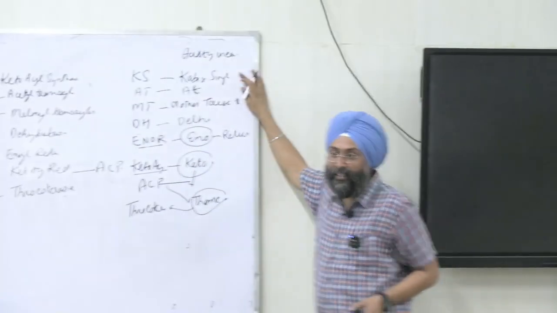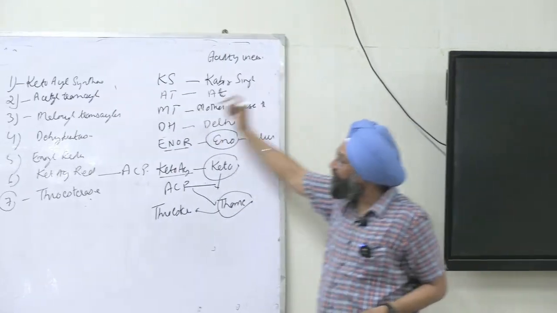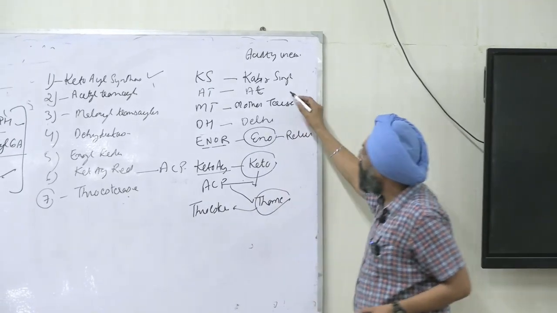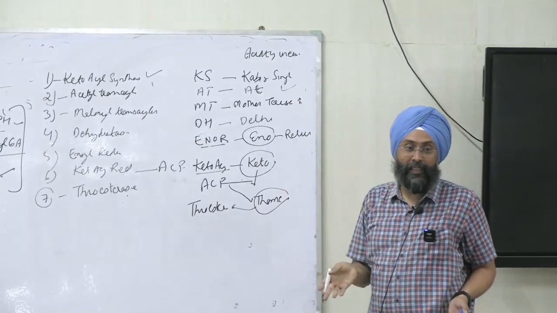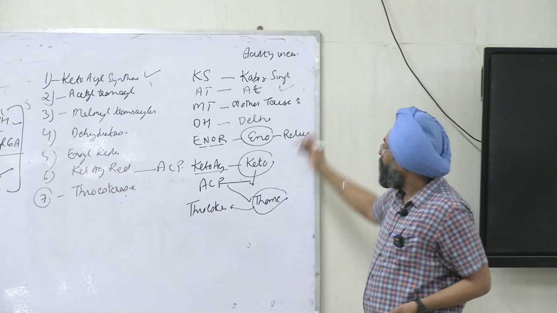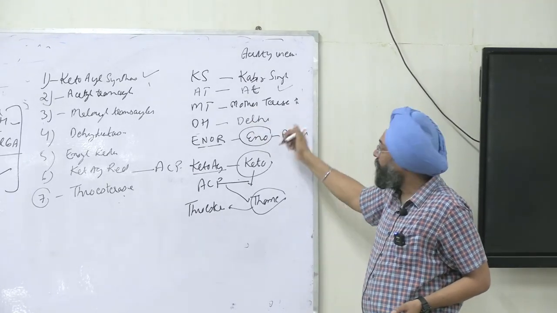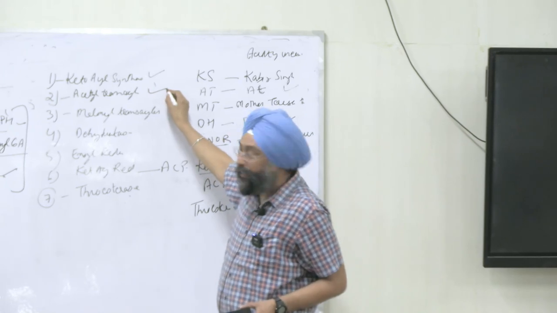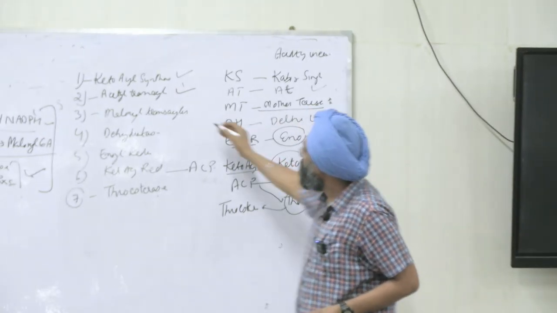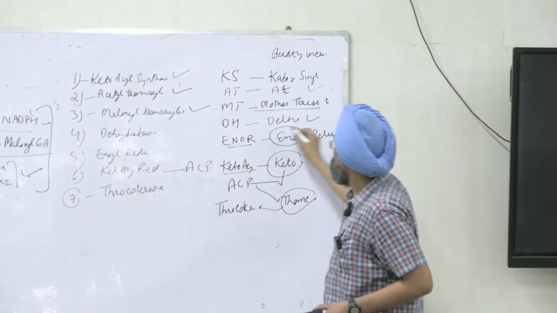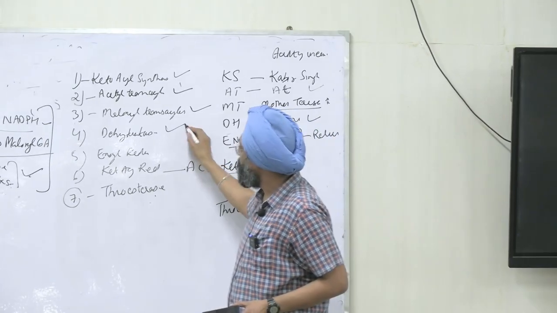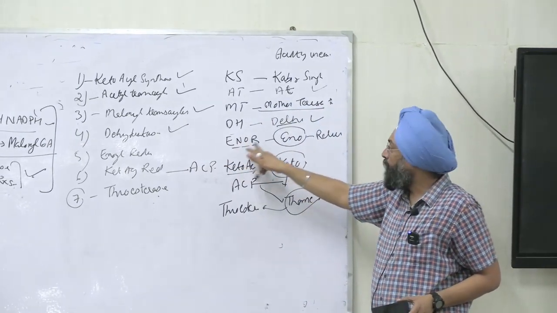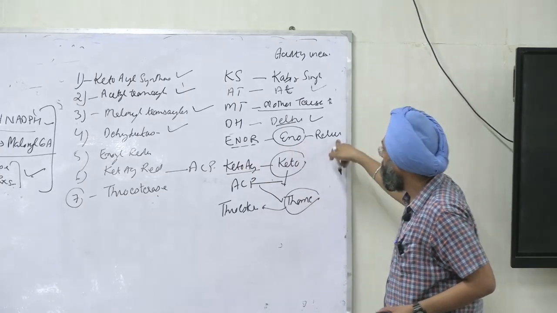Kabir Singh was there. Kabir Singh का नाम क्या है exact? Ketosyl synthetase, right? Kabir Singh was having acidity, so he went to Mother Teresa Hospital, New Delhi, right? A for acetyl transacylase, MT for malonyl transacylase, Delhi for dehydratase, and the doctor gave him ENO for acidity, and he got relief in enol reductase, right?